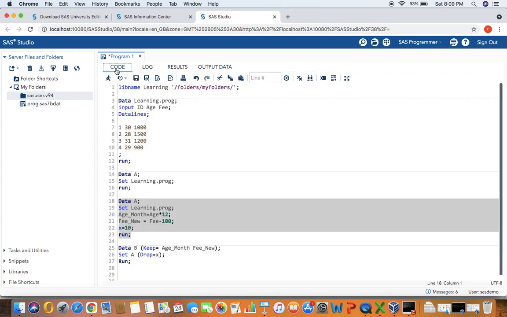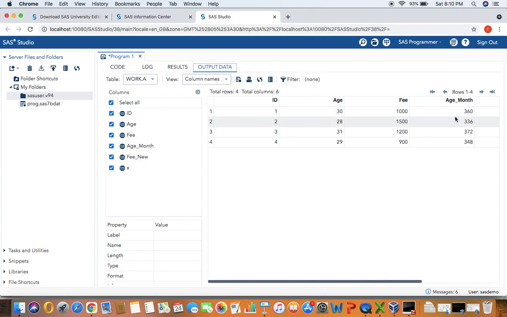So now you saw we created new columns, that is age underscore month and fee underscore new, and x equals 10. These three newly created columns show up in the new dataset. ID, age and fee were already there.